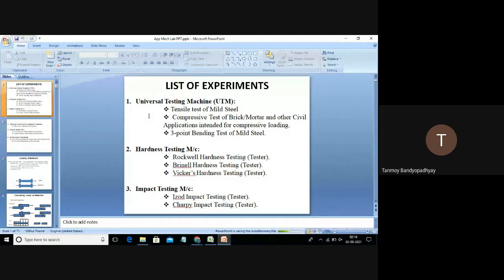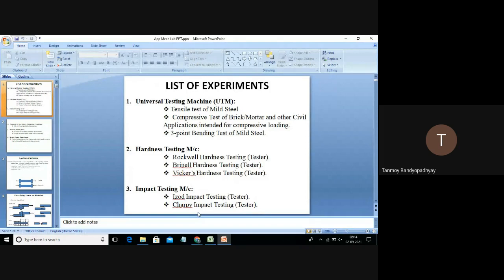So hardness testing in our syllabus, actually nothing is mentioned. So there are many sorts of hardness testings actually. So we will be concentrating on the basic two. One is the Brinell hardness testing, and another one is the Rockwell hardness testing. And there is another one, Vickers hardness, and there are many hardness tests that are available. But we will be focusing on the first two actually, Brinell hardness and Rockwell hardness.